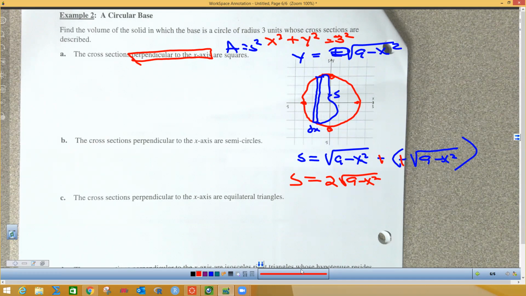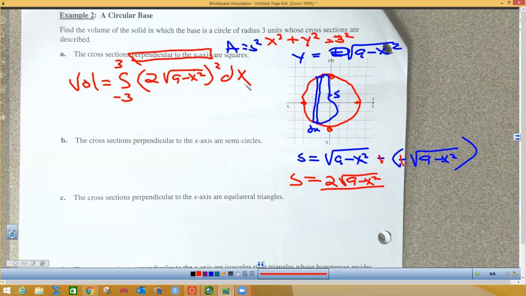You good with that? Okay, so the volume of this thing full of squares is going from the left x value to the right x value of my S, which is this thing down here, squared dx. Now, if I did that right there, that would give me my answer. Okay, and I think I did it this way on the notes. Then I said there's a shortcut, and here's why. Isn't this circle symmetric to the y-axis? Yeah. Right? So another way to do this same volume problem, which is what I think the question was asking me, was